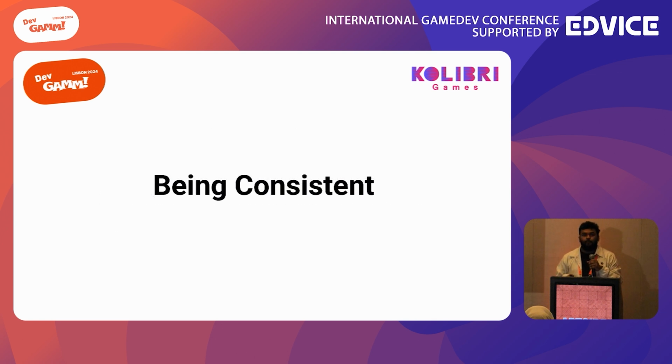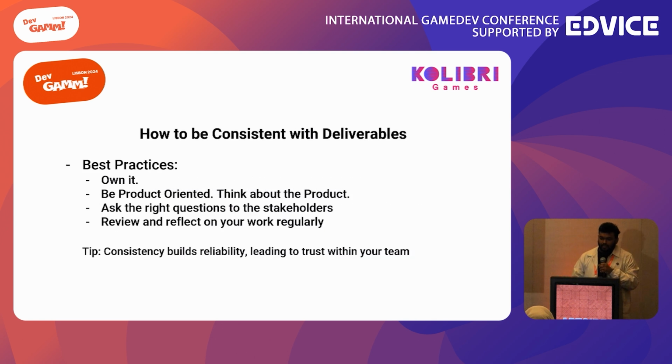The last thing is being consistent. Again, the same thing, but a little bit more. You have to own it. Own whatever you're doing, own it like it's your thing, it's your company. If you take that much ownership of something, people in your team, no matter what size the company, are going to see it, and you're also going to be visible to them, that this guy owns it, and this guy knows that whatever happens, he will be accountable for that. And that's one of the best things that you can do for yourself.